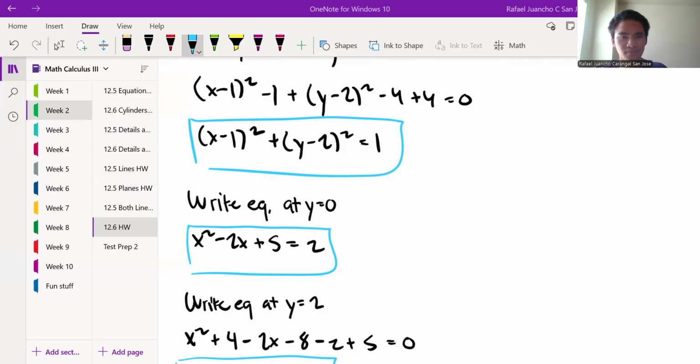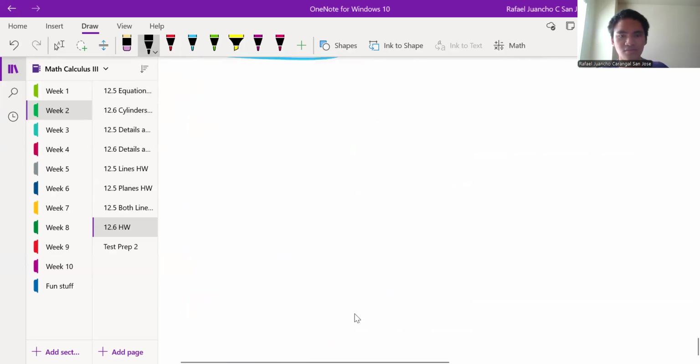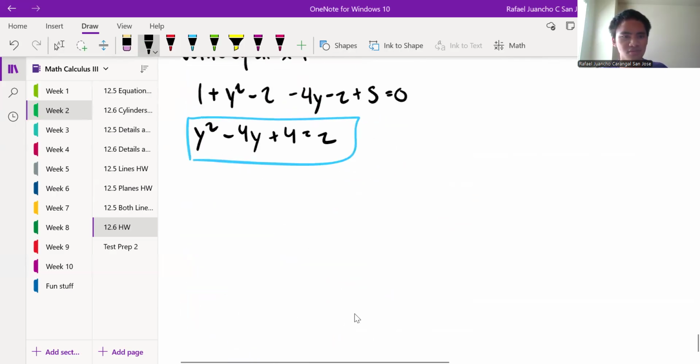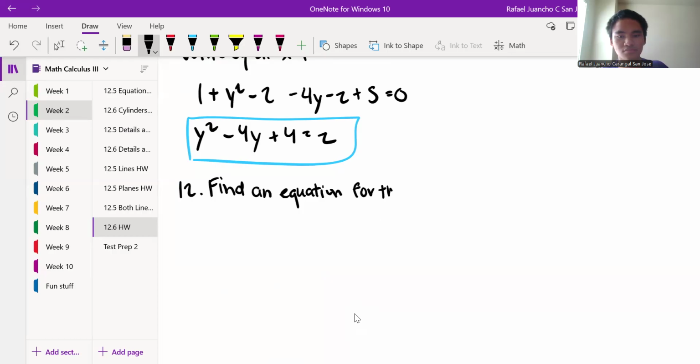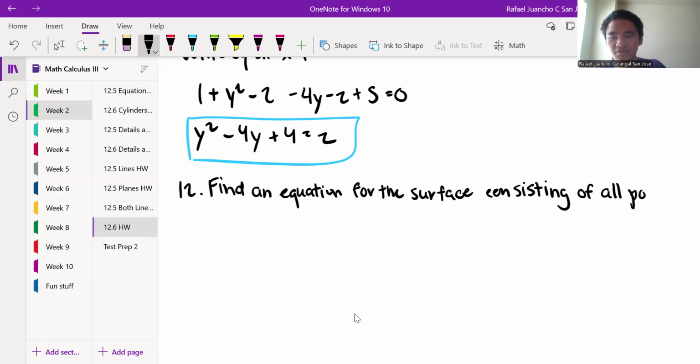Okay, right. So here, we want to find an equation for the surface consisting of all points